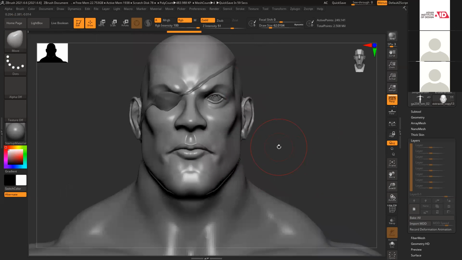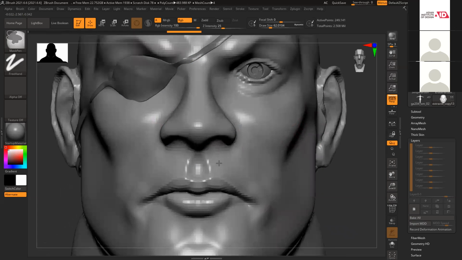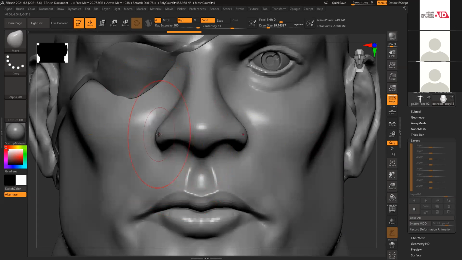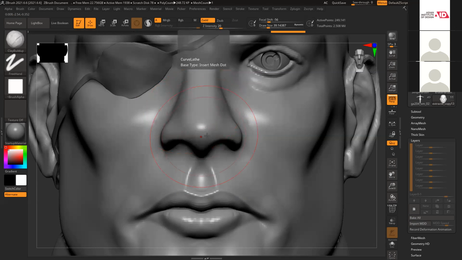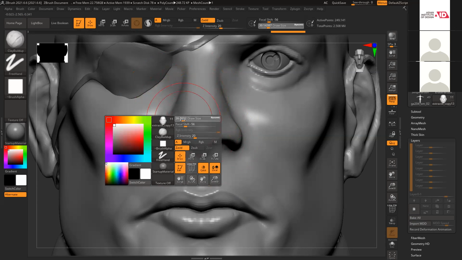And the nose, not this broad, it's broader here.